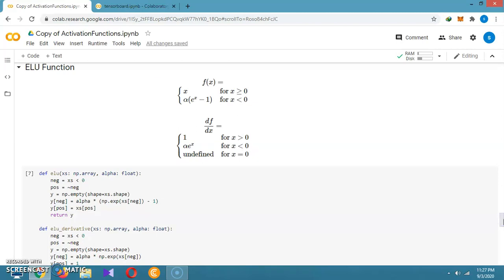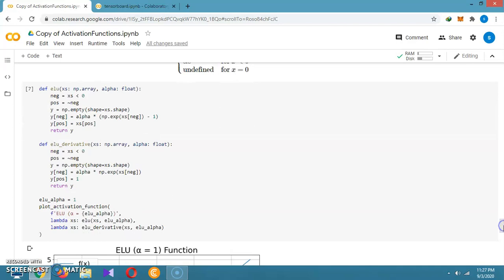The same thing you can also write for the ELU function. It is a small change: instead of alpha x, we are just passing e to the power x minus 1. For x equal to 0, it is always undefined. The ELU function is the same as Leaky ReLU. In elu, xs goes to np.array, alpha as a float value, then negative is x where x is less than 0, and positive is the negation of negative.